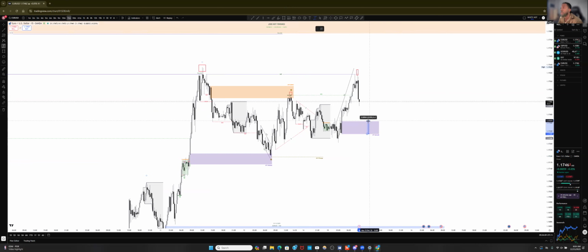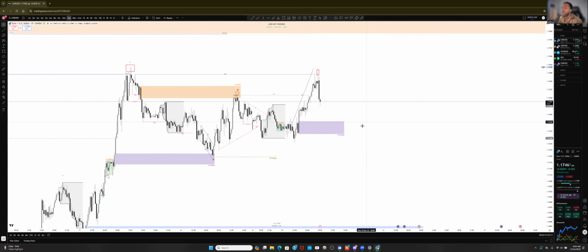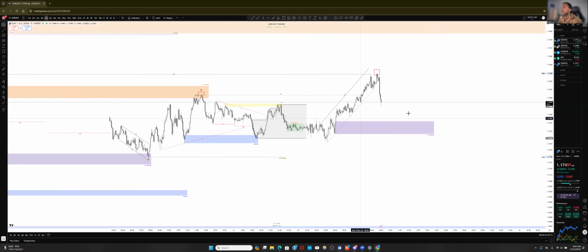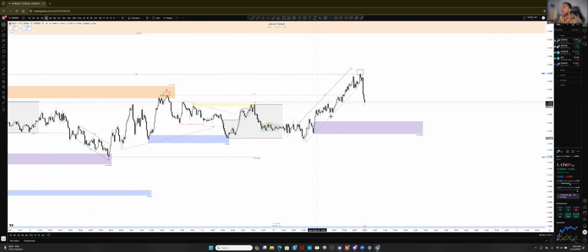How big is it? It is a 6 pip stop loss. So it's very well small enough to take an aggressive entry, but I'm not a big fan of aggressive entries. And we also see there was a channel here as well. Price wick under took the top side, but then now we're in this channel here. If I did it on a 5-minute, it's more of this channel.